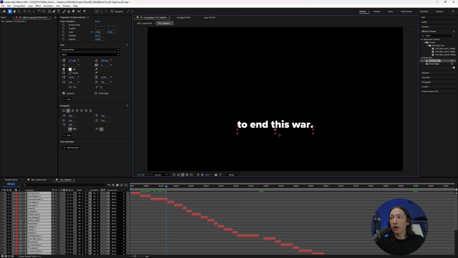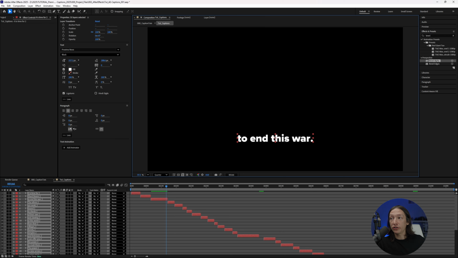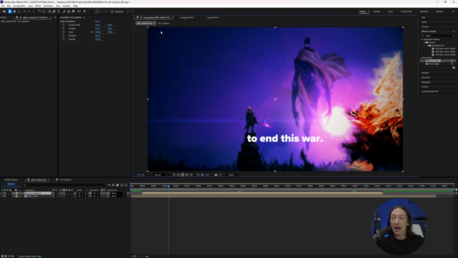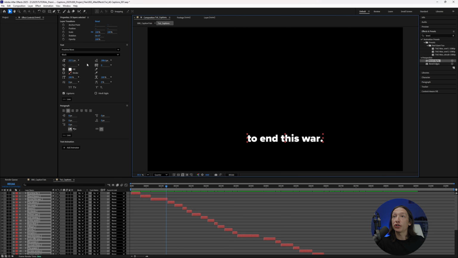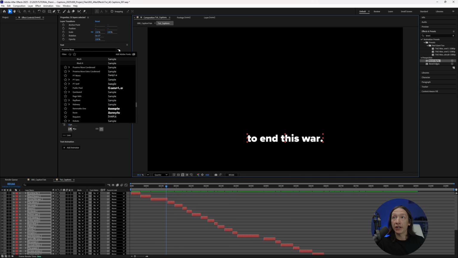So now I can take all of this with everything selected and just drag it down and put it exactly where I want it to. You could go back and forth and check the positioning if you want, or you could set some guides, however you want to go ahead and set your position of your captions. But let's say I wanted to go ahead and change some additional properties. I could go in and change the text